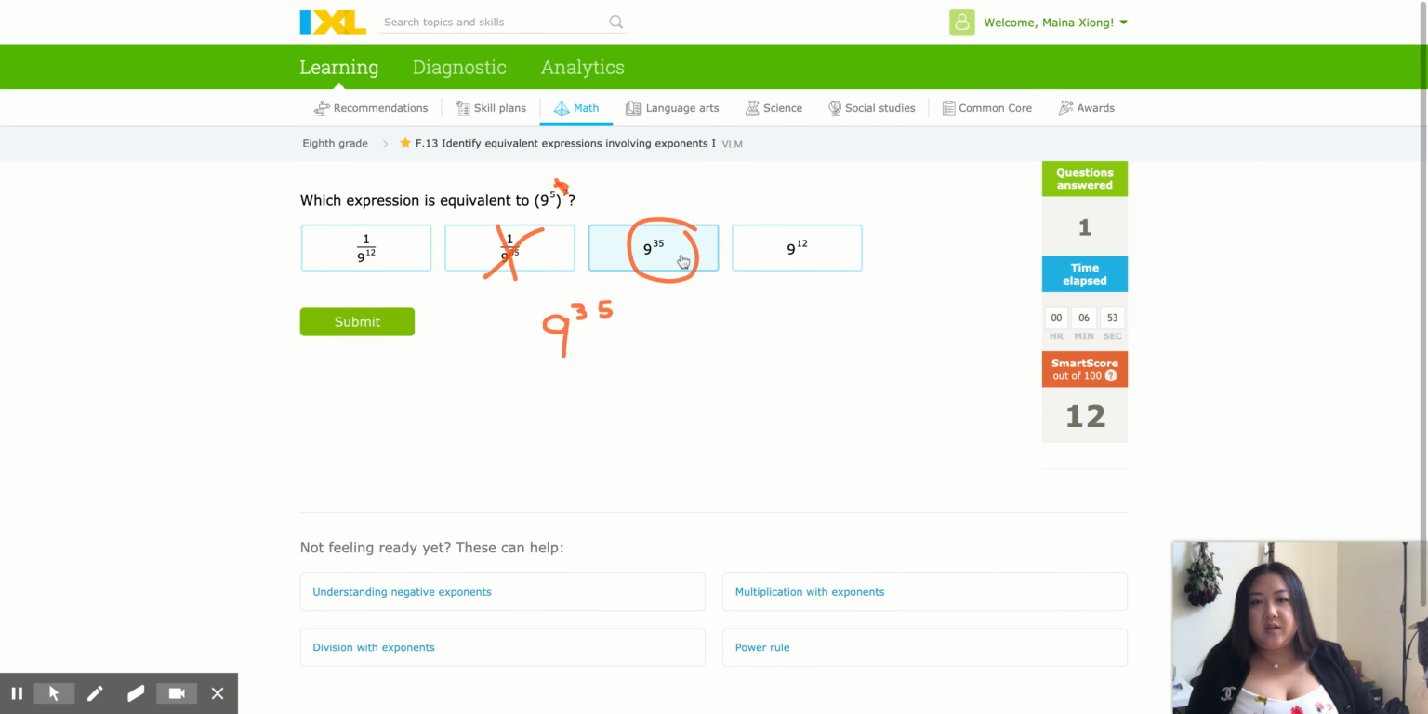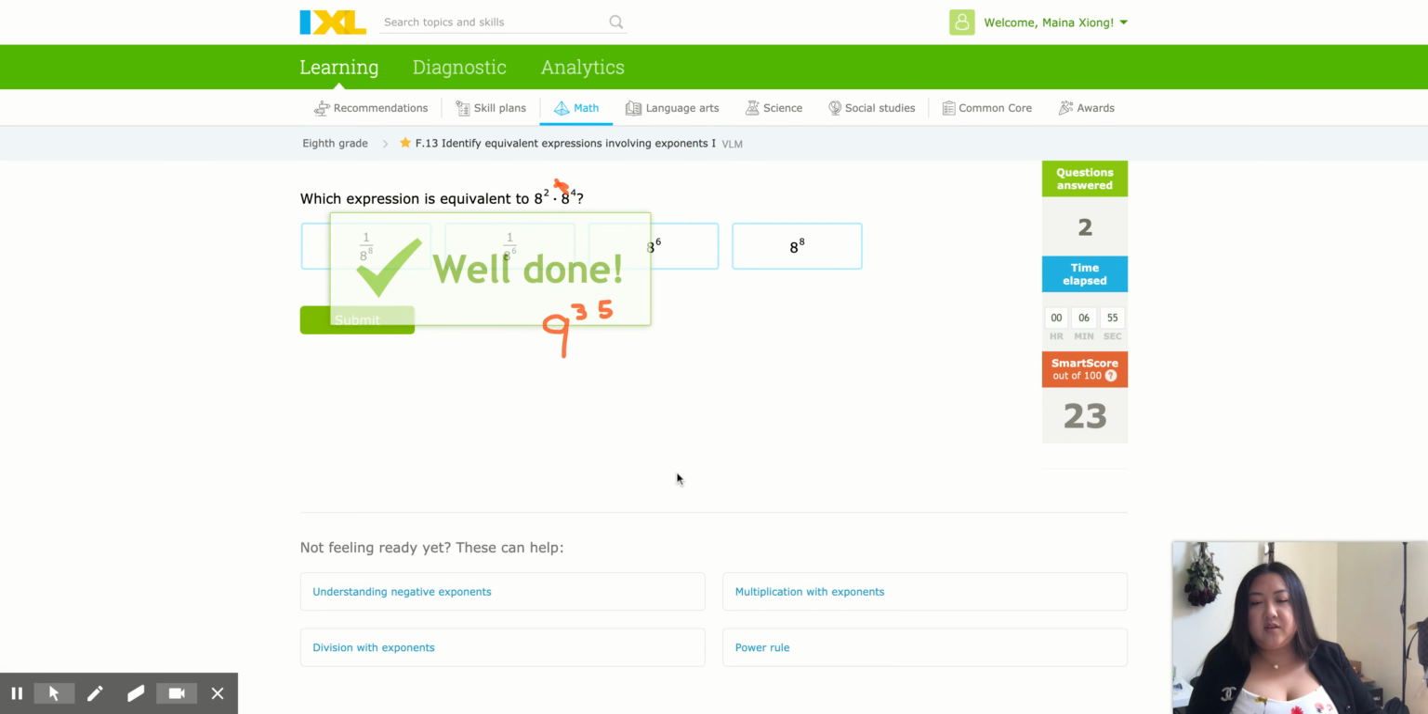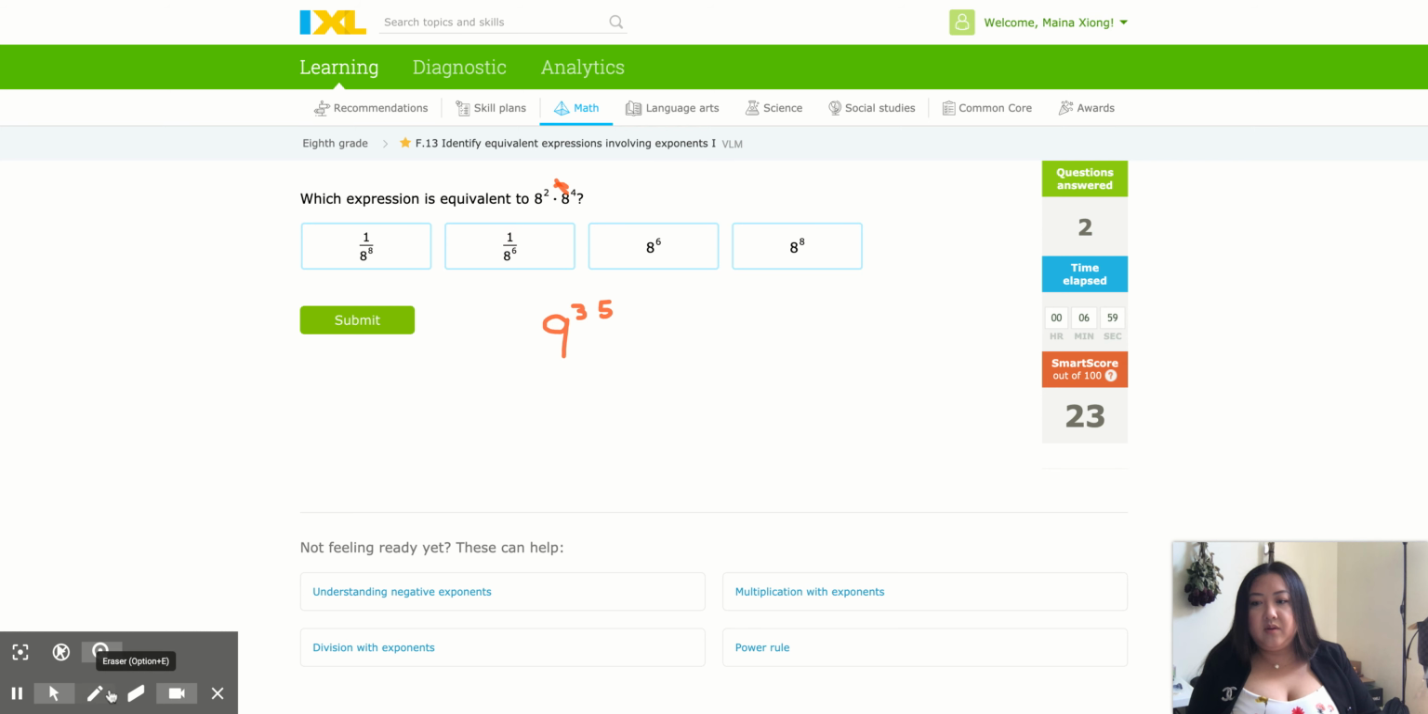Oops, I forgot to click it. Okay. All right, and then this one is very similar to the other one that I just did. Again, we have the same base, so it stays the same. All right, and it's not going to be a fraction. And then since we're multiplying, we're just going to add the exponents. 2 plus 4 is 6. So that's this one. Do not